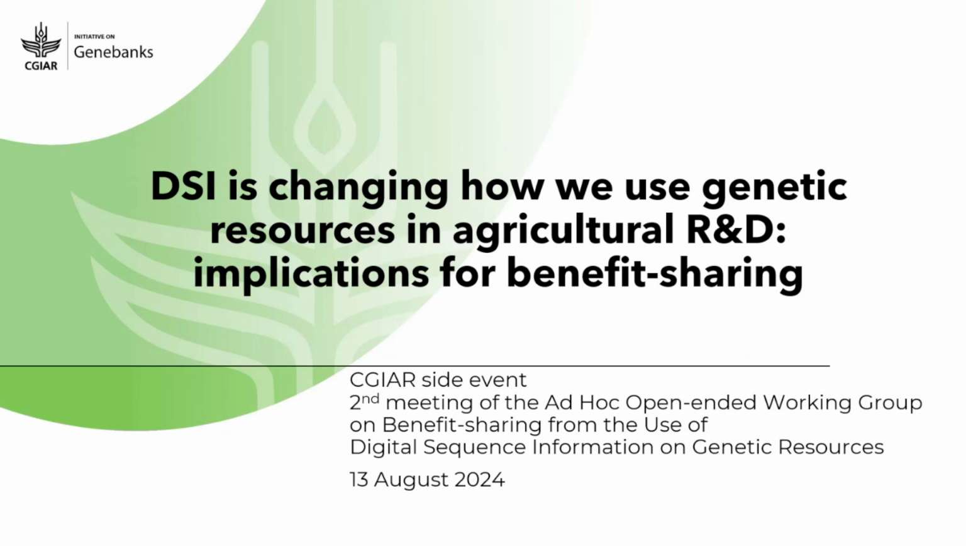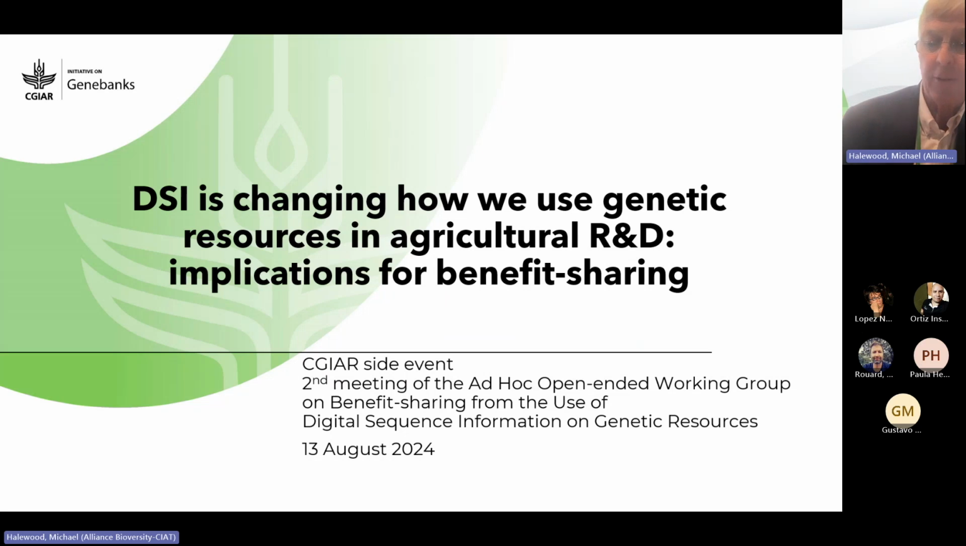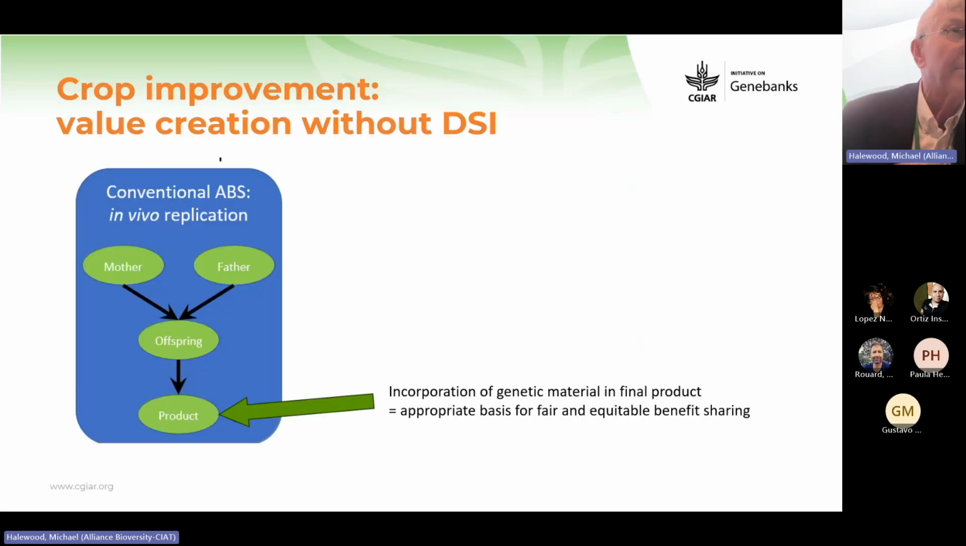So now we move on to some more speculative ideas about how DSI is changing how we use genetic resources in agricultural research and development, and consider their implications for benefit sharing. I think I need to start by stepping back a bit and thinking about how it used to be. It's not explicitly stated in the convention, but the benefit sharing regimes that have been developed